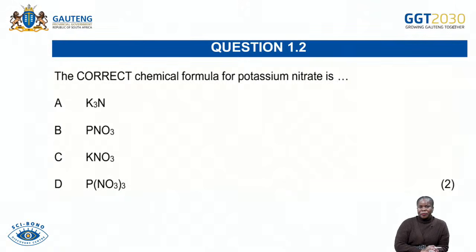It definitely cannot be A, because there are 3 potassium, and this is not a nitrate, this is nitrogen. B, no, there has to be potassium. Potassium is capital letter K. So distractors in this case will definitely be your B and D. A is almost similar, and then your correct answer will be C,